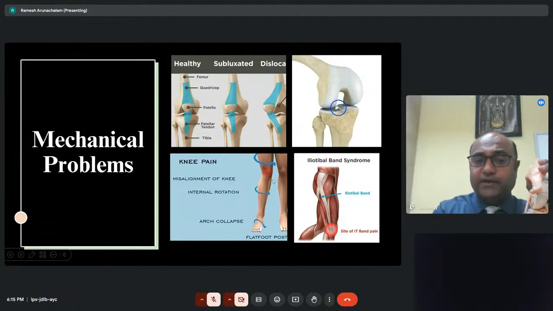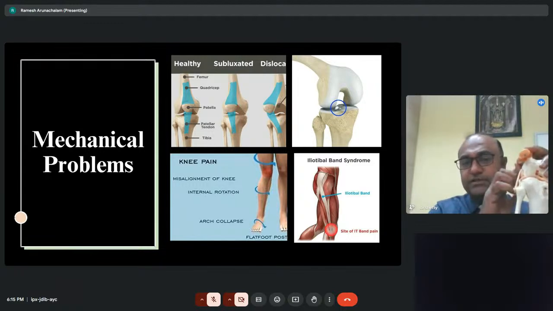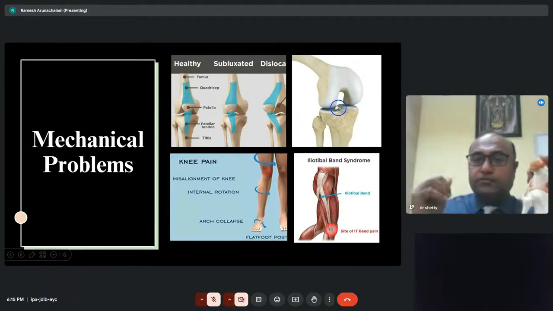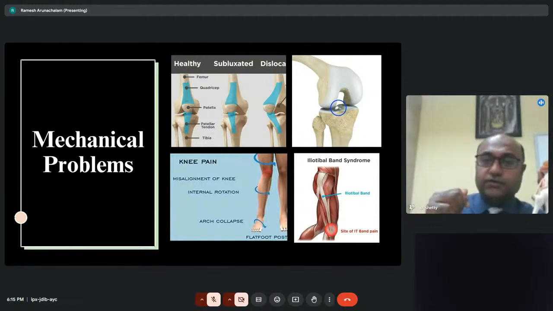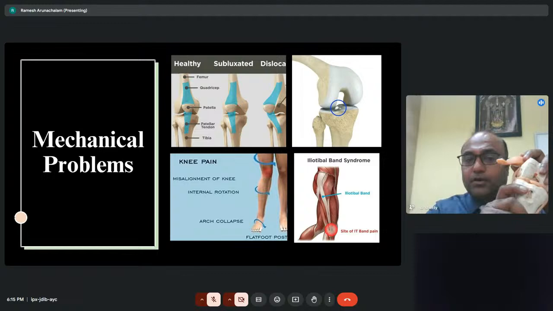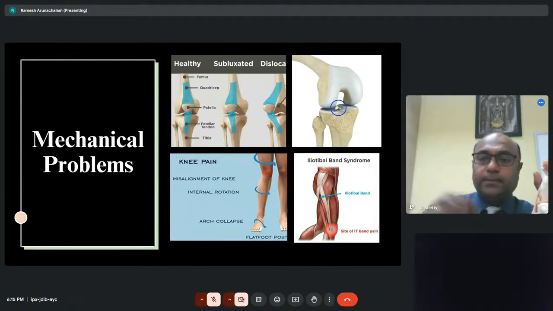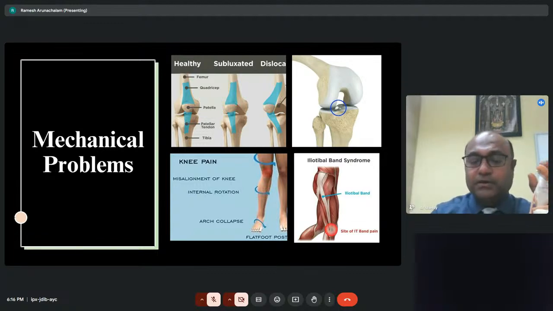So if you identify this, if you give a good insole for the foot, if you stretch the IT band, if you strengthen the weak muscles, the gluteal muscles and what are called the core muscles, then these patients who are born with these abnormal angles can be relieved of pain. More often than not, patients come with pain, nobody exposes the whole leg and identifies these things. Painkillers are given, and the patients are frustrated as to why their pain is not coming down in spite